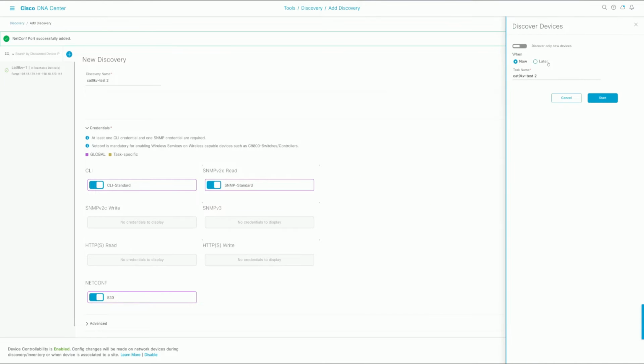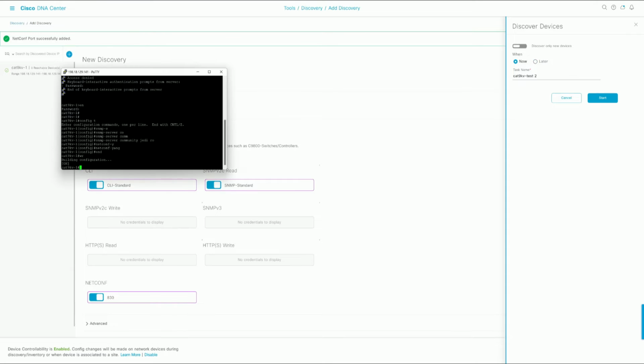All right, and that's about all we need to do. So you can definitely set this for later if you want to run the discovery. I find that there's no harm in running it now. Typically, we want to get these devices pulled in so that way we can get them provisioned, assigned to a site, and assurance running. Before we do the discovery,